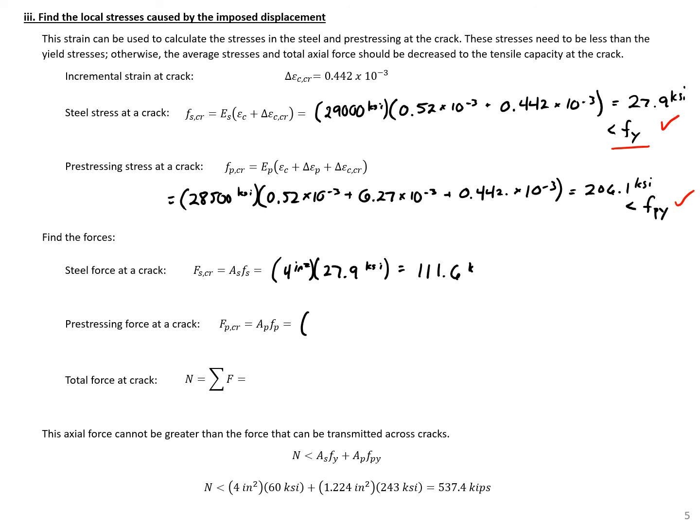And in our pre-stressing, we had a total area of 1.224 square inches times the stress, 206.1, which will give us a value here of 252.3 kips. If we add this 111.6 to our 252.3 kips, we'll get